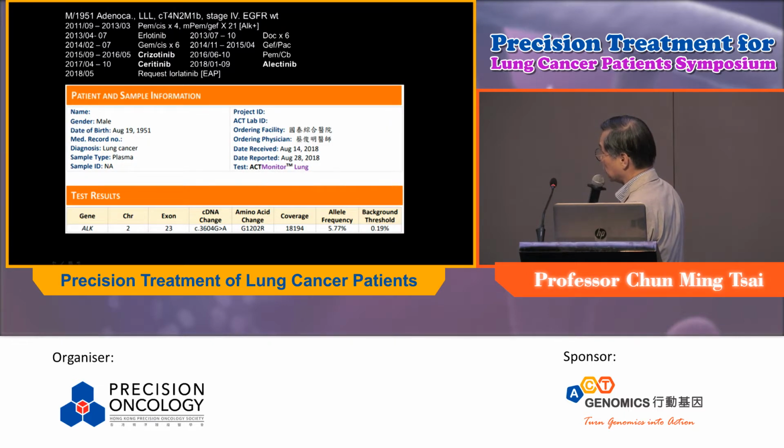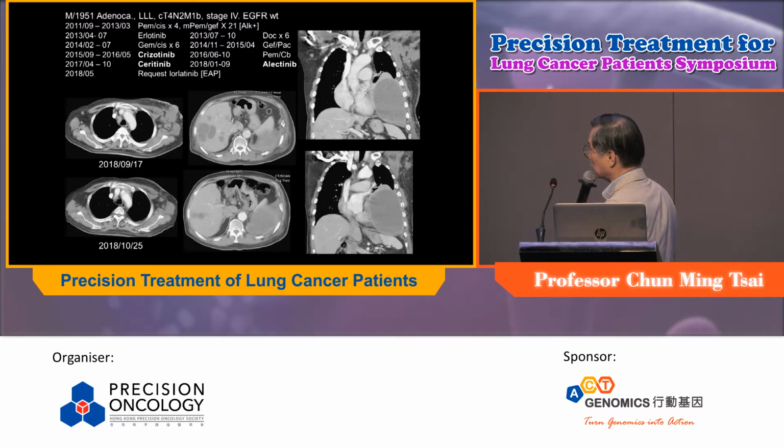And this is another patient who has an ALK mutation. You can see he was previously treated with every kind of anti-ALK treatment, crizotinib, ceritinib, and also alectinib, through his treatment course and disease progression. And we found in the plasma the resistant mutation G1202R, the only mutation at that time that could be detected in his blood. So we treated with